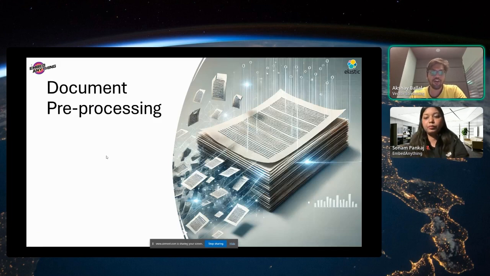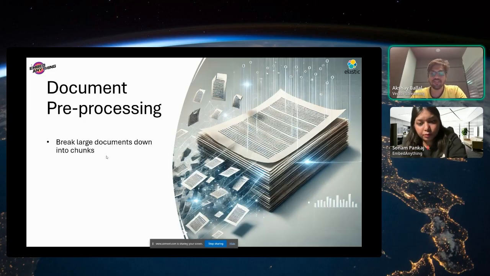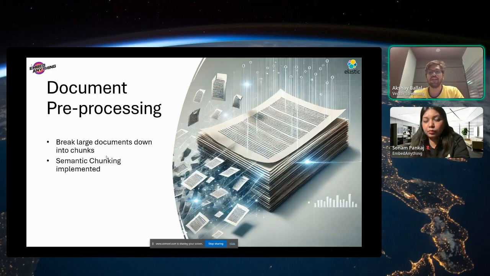And we do a lot of document pre-processing on our end as well. Basically, if we give it a PDF, we can break it down into smaller chunks. And chunking is not very easy. It might seem easy, but the quality of RAG depends a lot on how things are chunked. One of the smart techniques that we are using with embed anything is semantic chunking, which basically makes the chunk such that most of one topic is within a chunk, and there's not a lot of topic change happening within a chunk. This makes the chunk more cohesive and helps in giving better RAG as well.